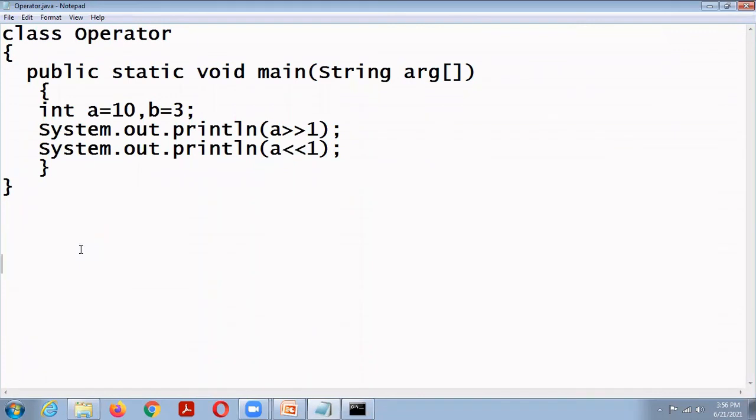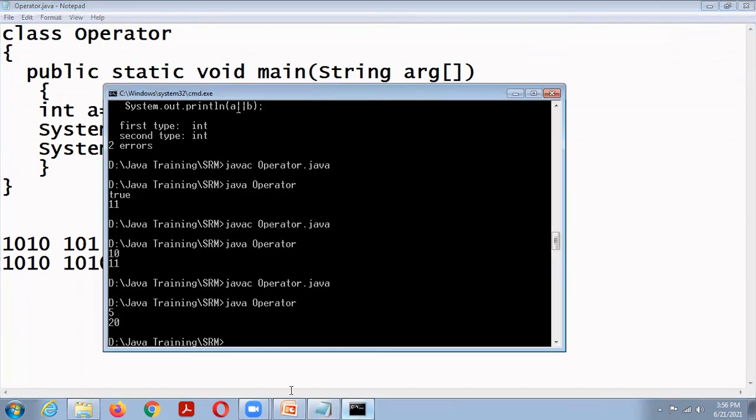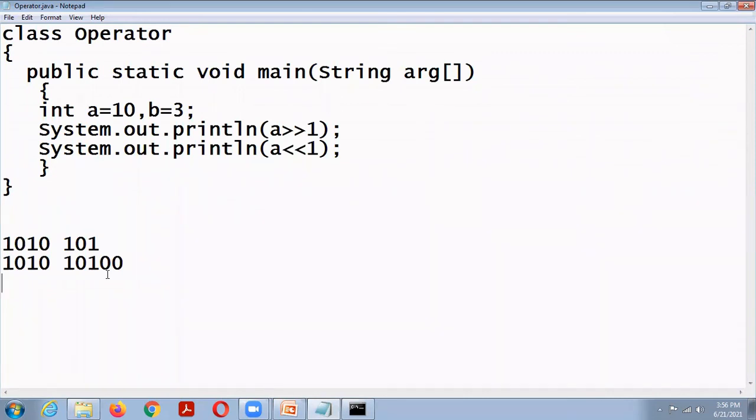That is 1010, right shift means 101. 101 means 5. Left shifting means 1010 becomes 10100. The value will be left shifted, and in the last position we put 0. So 10100 is the value of 20. So 16 plus 4, that is 20.